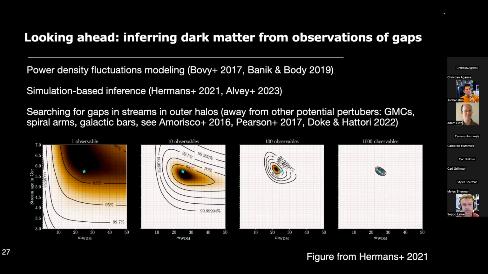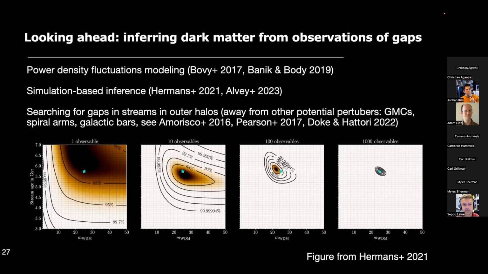So you start with the simulation that includes a lot of parameters, and then you try to reproduce either the density or the track or both in some kind of statistical way. So this seems like a promising way to do this, but there are many other things that can cause gaps